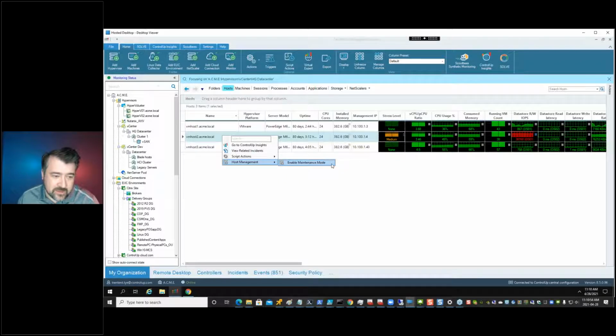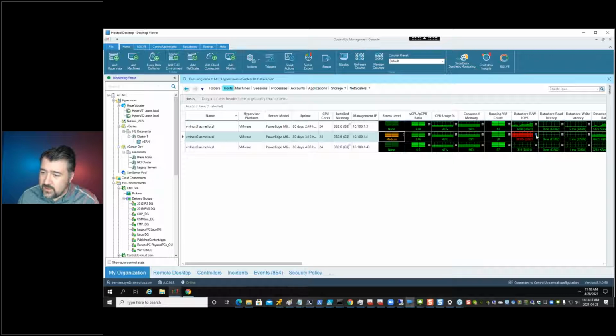In this native action, I can set this host to be in maintenance mode. If I think the problem is isolated to this host, I can enable maintenance mode and consider the problem remediated until we start doing root cause analysis. But first, I'm going to look at this metric here,